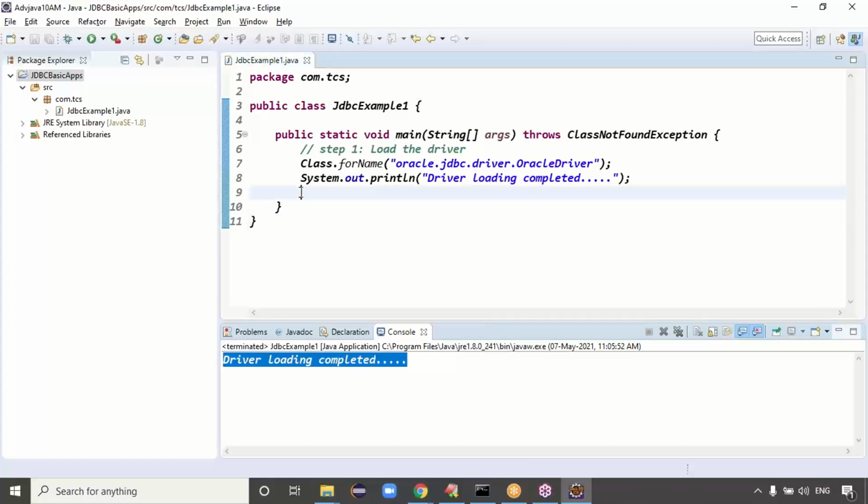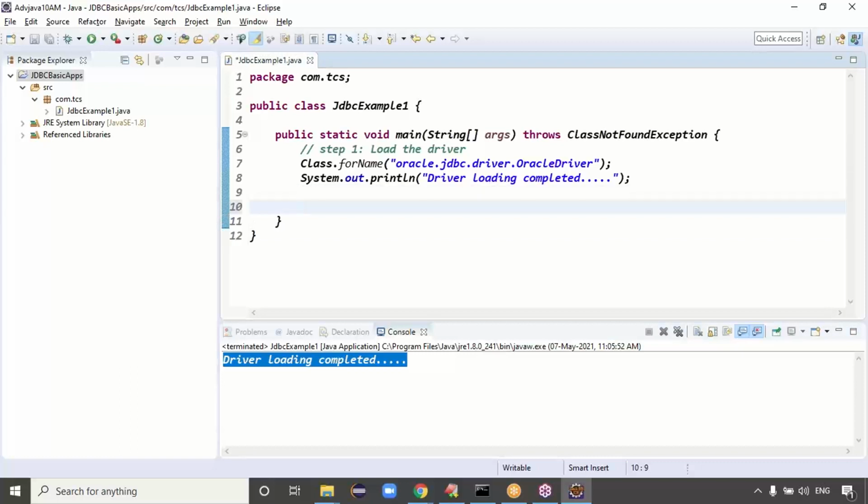First step, this much explanation is completed. Guys, are you clear? And tomorrow onwards, I will never explain loading the driver, where the jar file is, how to load the driver, or what the class not found exception is. The faculties will not explain it in the next classes. Only in the first class itself, I clearly explained all this information.